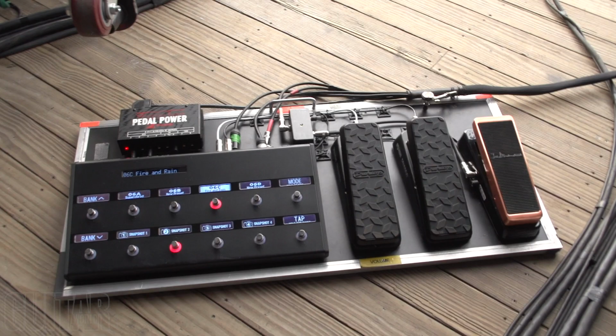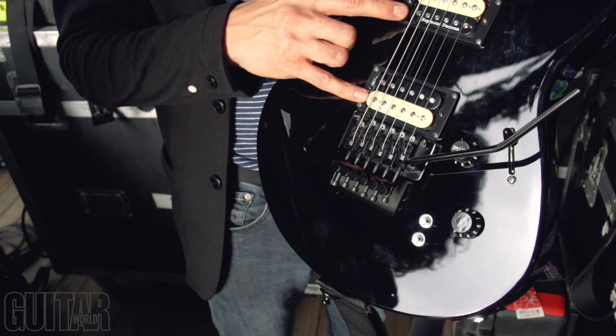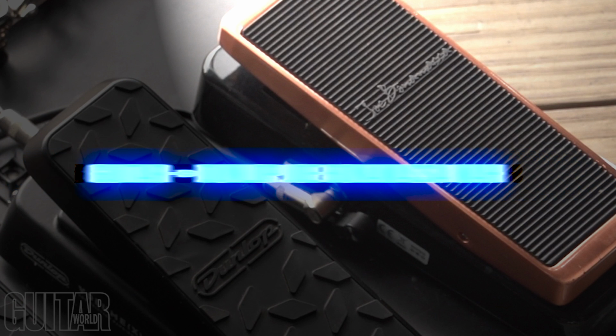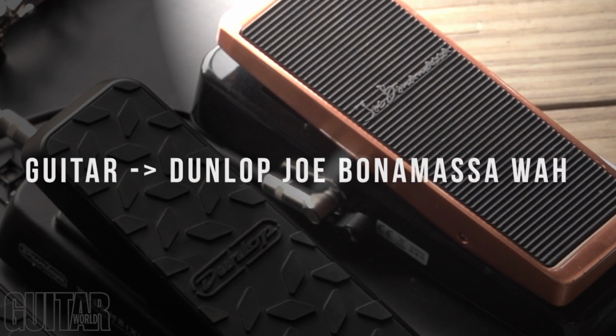Cool. And you've been nice enough to give us a little tour of your rig here, what you're using on stage. Yeah, absolutely. So I guess we'll start here at the pedal board. So I plug in, still use a cable. I think we're using Mogami cable right now. But I plug into this wah pedal, this Dunlop Joe Bonamassa wah, which I really love the sound of